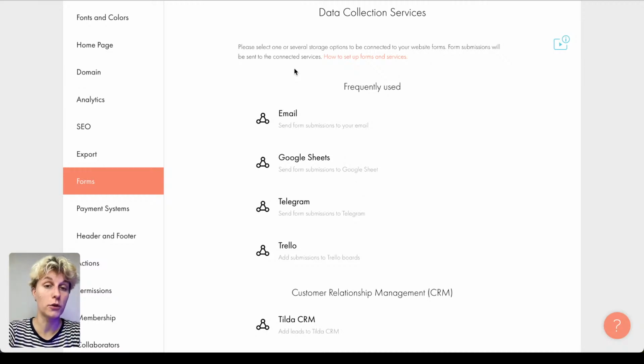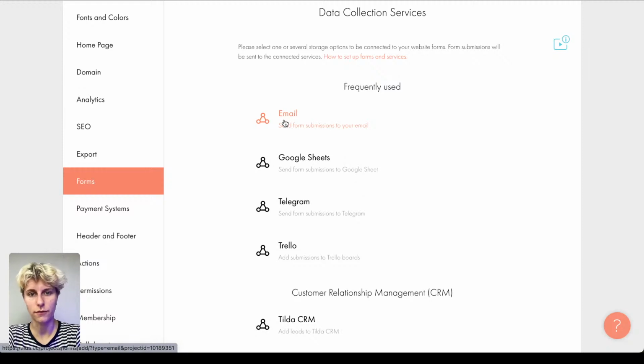So first of all, it's a good idea to use at least two, because you don't want to accidentally lose the submissions because, I don't know, you lost access to one of the services and so on. So you can connect your email and then receive submissions right into your email. But in case there are plenty of submissions, you don't want your email to be overwhelmed. You can also connect Google Sheets and make an automatic table with all